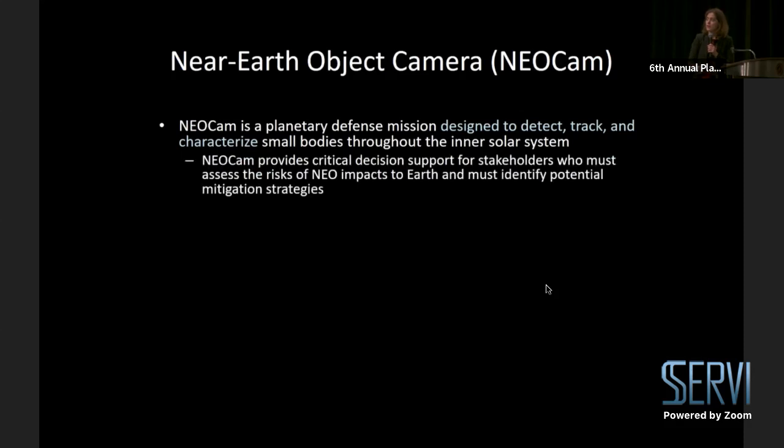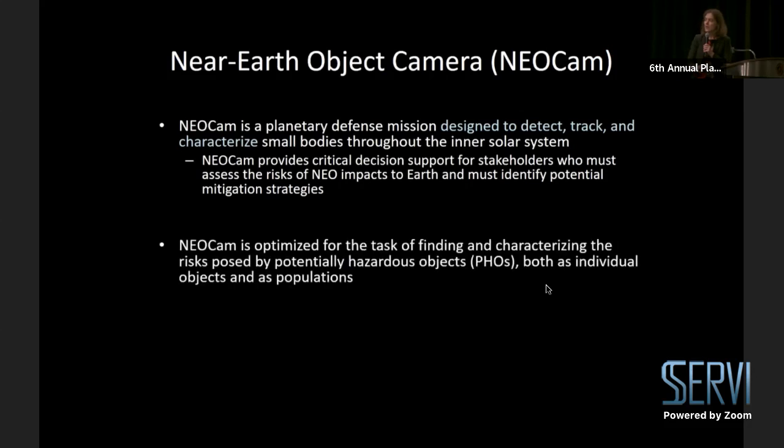And this is really critical decision support for stakeholders who actually have to make decisions about what to do next, about potential mitigation strategies. What you do depends on how much time you have and what you know about the objects at the time. So our goal is to really maximize the information that we provide. And of course, like I said, this is its sole purpose. We don't have any other science objectives.